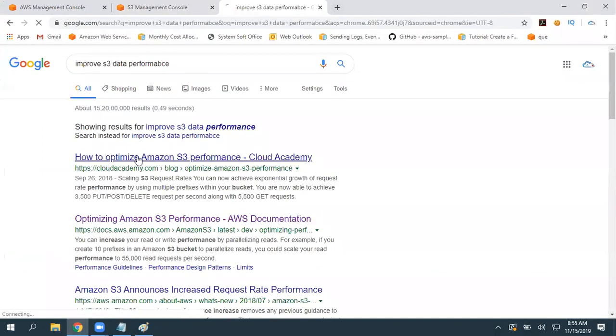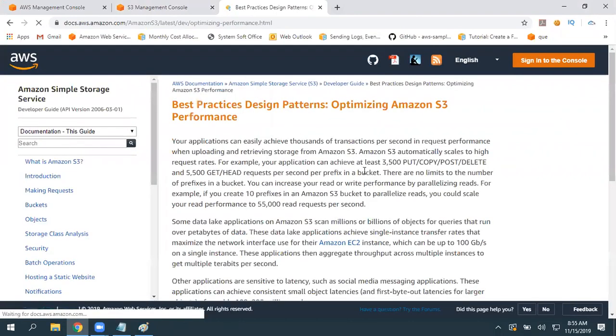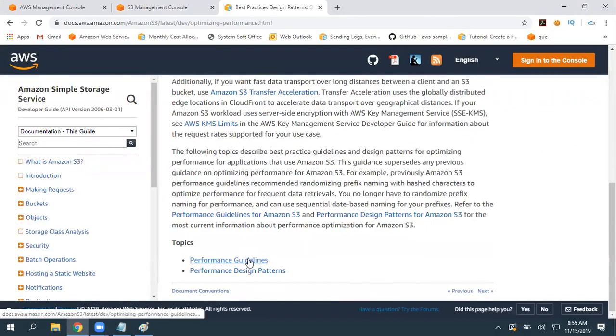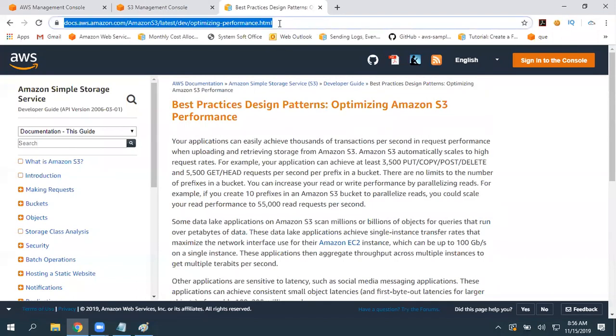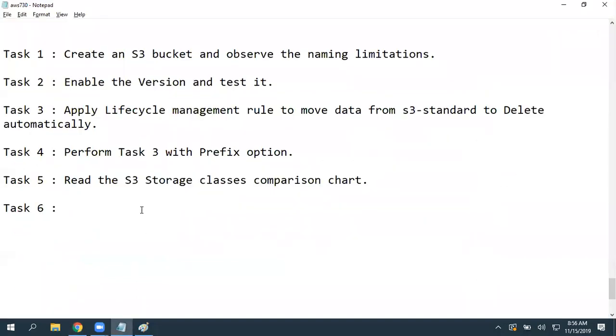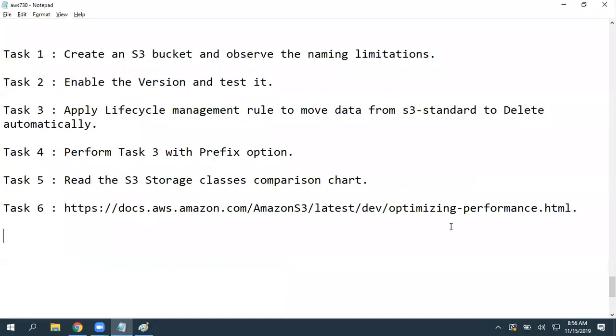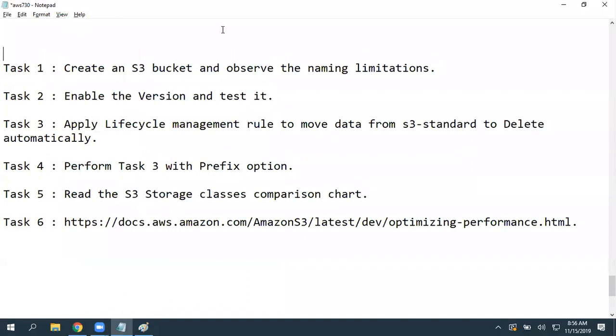We have an article, Optimizing S3 Performance, best design patterns. Here is the article, just scroll down and here are two more topics. I want you to spend at least 5 to 10 minutes to read this. We can optimize S3 data performance. We discussed that by using transfer acceleration you can, and by enabling caching, you can, using caching again with CloudFront.